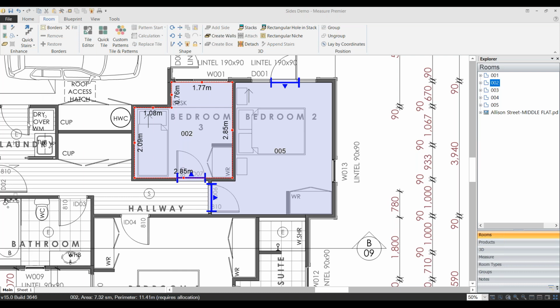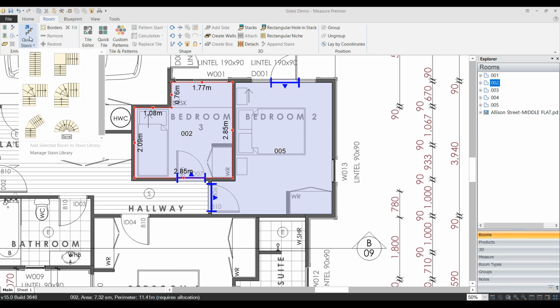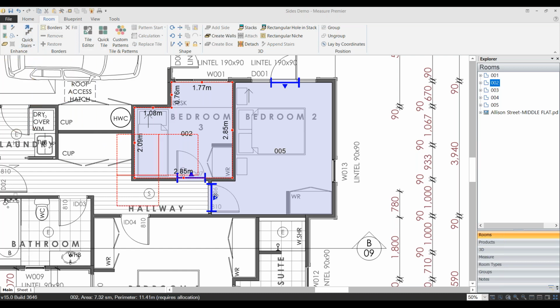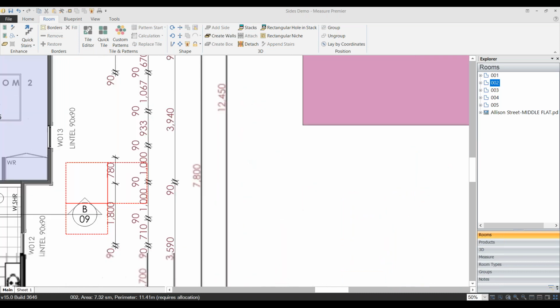Now, there's something here that I'm going to show you that you won't have seen in the version of Measure Premier that you're using, because it's only out in beta versions, but it's about to be released in a public update, which is going to come out within the next few weeks. And it's a quick Stairs editor. So it gives us the option. Those of you who use Measure Mobile will be familiar with the format of some of these predefined stairs that are here. Let's just drop one in over here,